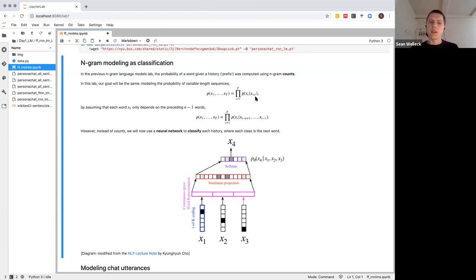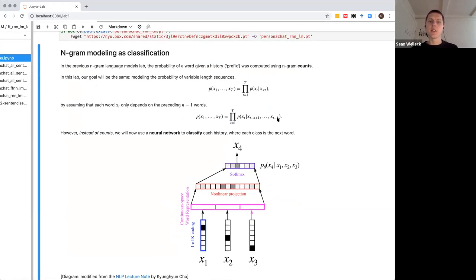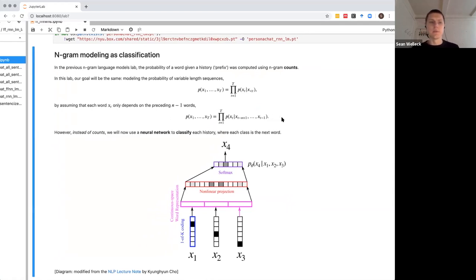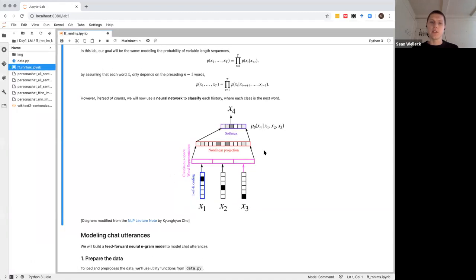Now n-gram language modeling says that instead of making the next word dependent on all of the previous words, you only assume that the next word, xt, is dependent on the preceding n-1 words. This is the same thing that we just saw in the previous lab as well. The difference in this lab is that instead of going through the data set and counting words or counting n-grams,